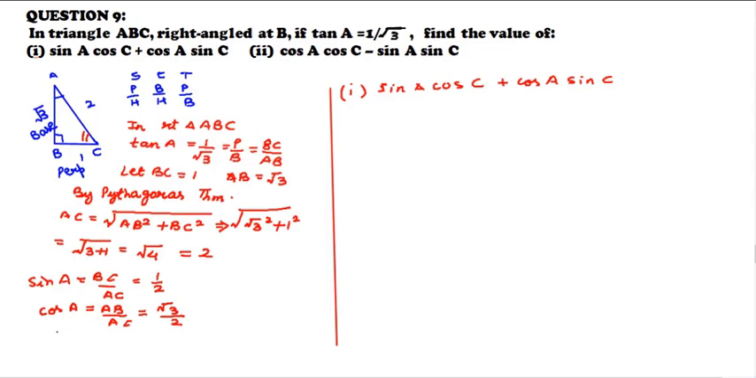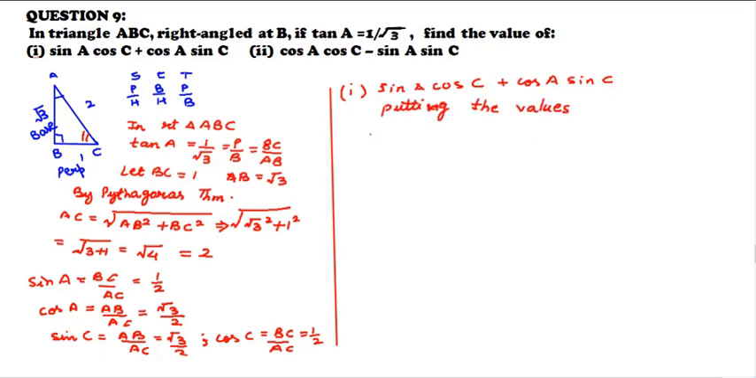Similarly, let us find the value of sin C and cos C. Sin C is equal to AB upon AC, that is equal to root 3 by 2, and cos C is equal to BC upon AC, that is equal to 1/2. Now we have the values of all four: sin A, cos A, sin C and cos C. Now we will put these in the question. So putting the values, 1/2 into 1/2 plus √3/2 into √3/2, so that is equal to